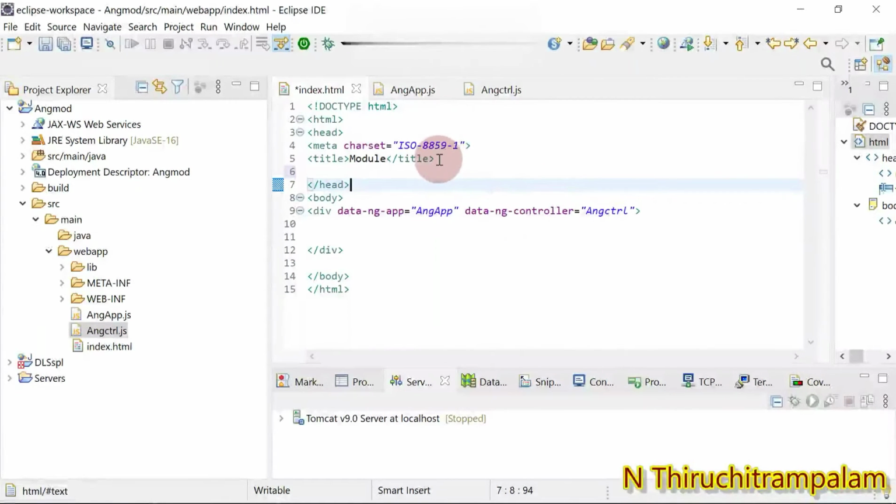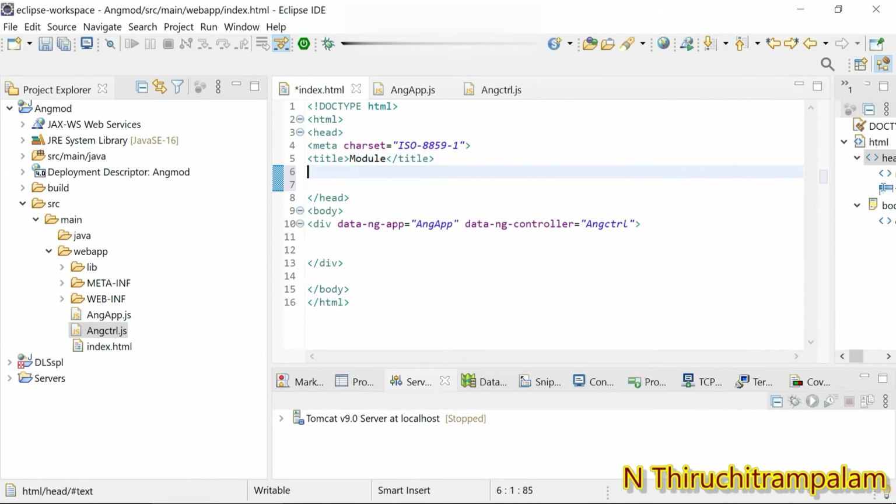So we need to add these AngularJS files. We have created ANG app and then ANG-CTRL AngularJS files, right? So these files should be added using the script element. So script, and here make use of the src attribute. Okay, so for the src, here we need to give the